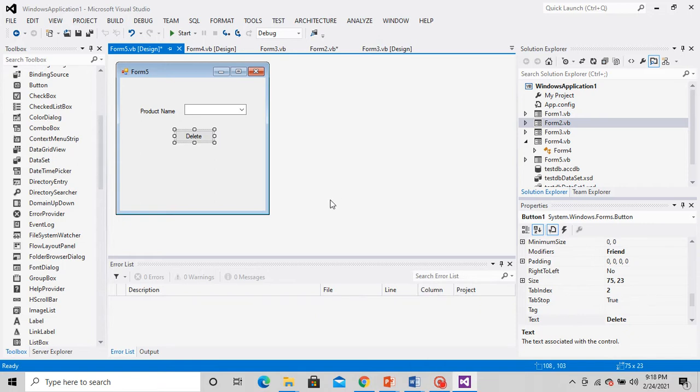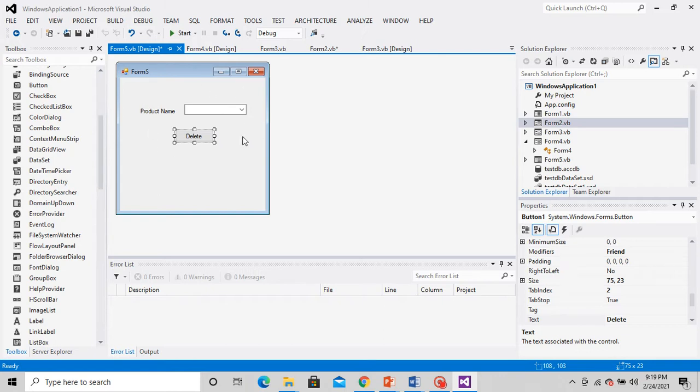Now the first thing which we want here is that whenever the form is loaded, this particular combo box should be filled up, right? This combo box should be loaded with the product name. So that code will be written in form load.